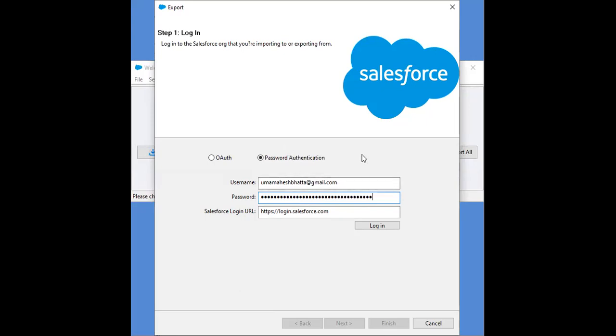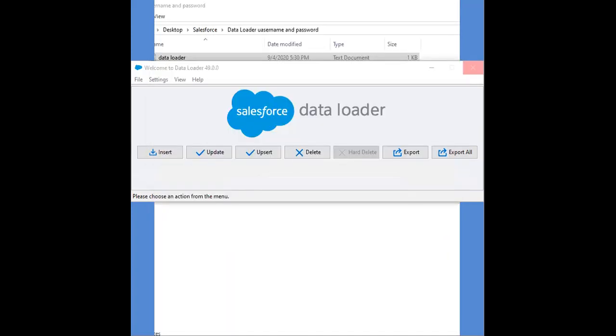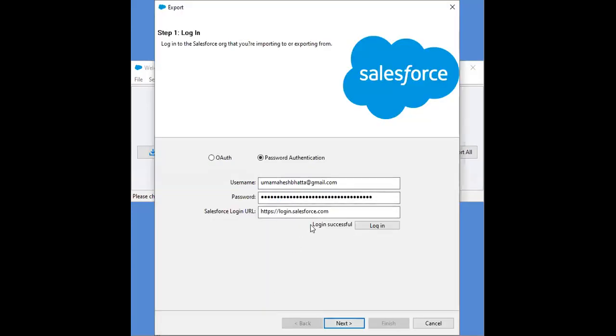That means the Salesforce username, and then the Salesforce password, plus you have to concatenate the security token, and then click login. Yes, login successful.